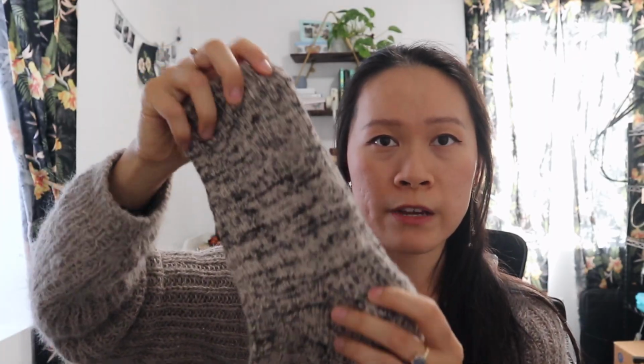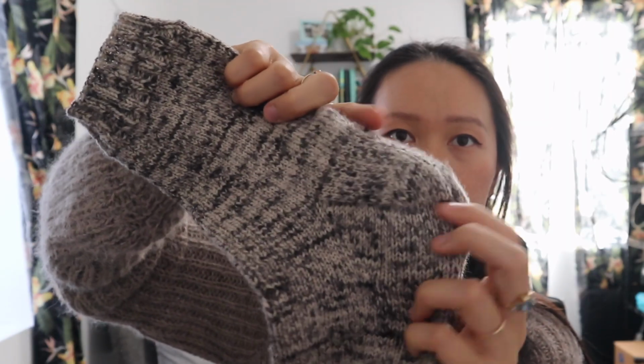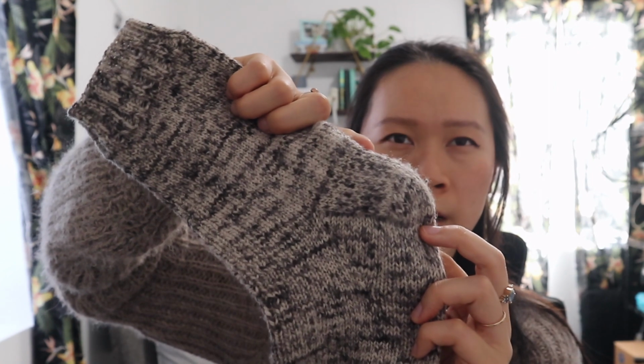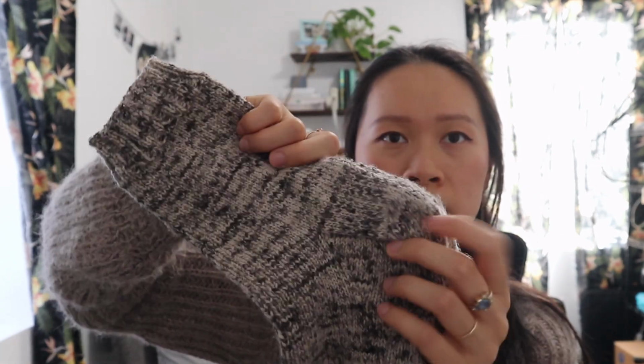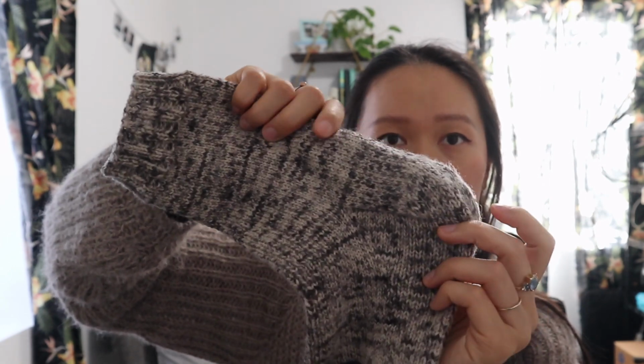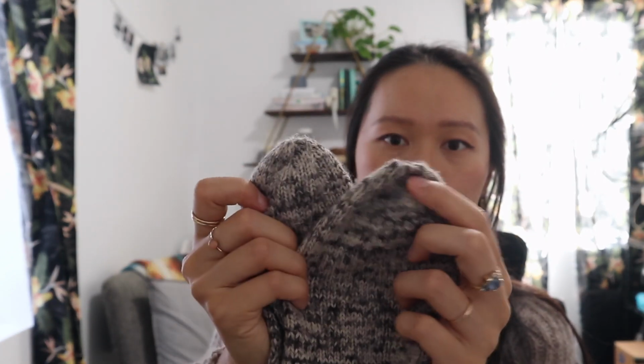So I just do a plain vanilla sock with 2x2 ribbing at the top, and then I do a heel flap, I think it's called, and gusset. I don't like short row heels, so I do these heels. I think that they fit a little bit better, and then I do a rounded toe instead of a wedge